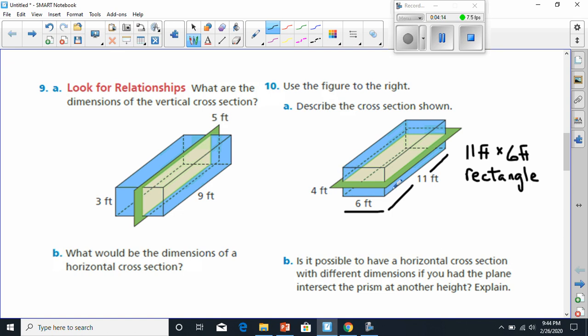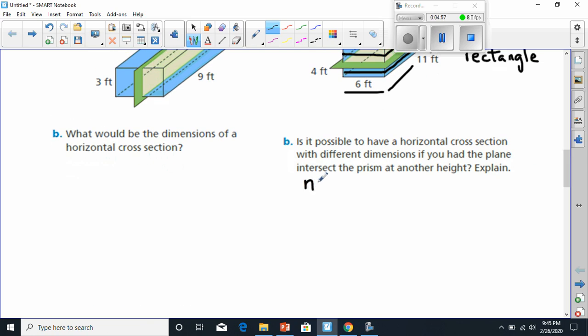In other words, if this slice, instead of being in the middle, was cut across here, and then went here. They might have even said that maybe it came across here and then went up here. What they're asking is, is it possible to have a horizontal cross section with a different dimension? No, because no matter what, as long as it's horizontal and it's not slanted, it's still going to be the same, 11 by 6. So the answer is